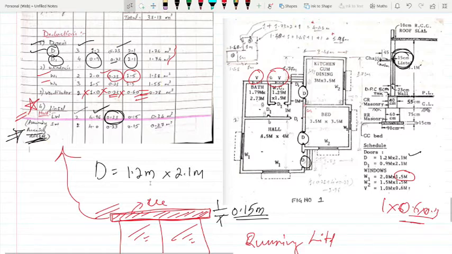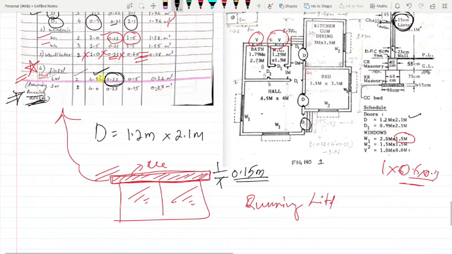Otherwise there will be one difference, Siraj: you need not take this 4.96 meters. Suppose you have only the discontinuous lintel, just see here. The width of W1 is 2.0 meters, but for the lintel there will be a small extra projection, which we take as 0.1 meters.